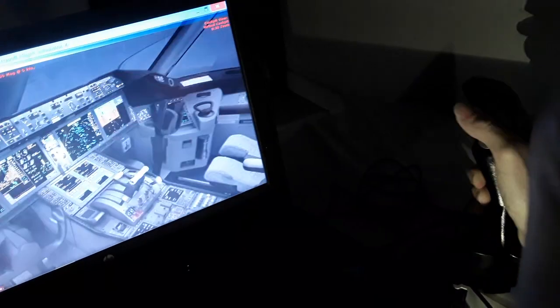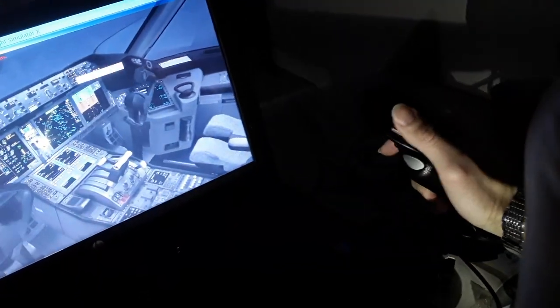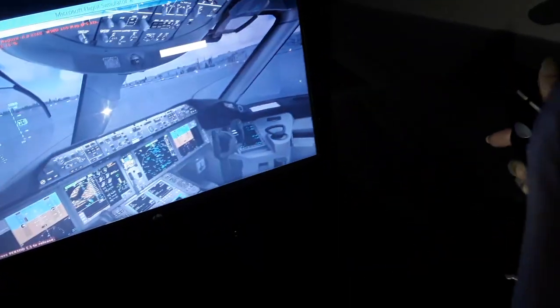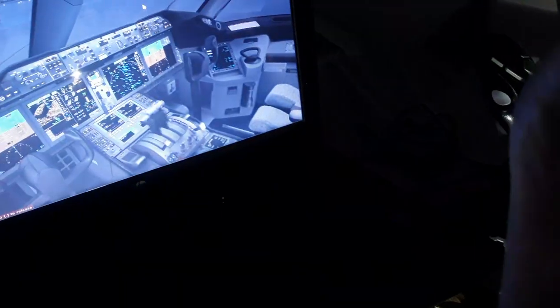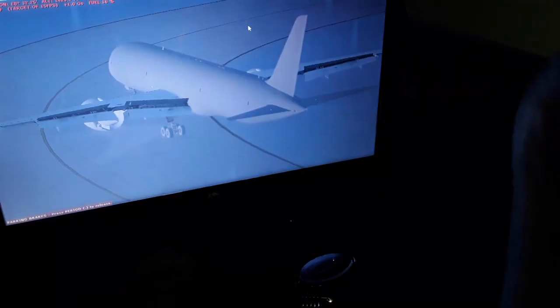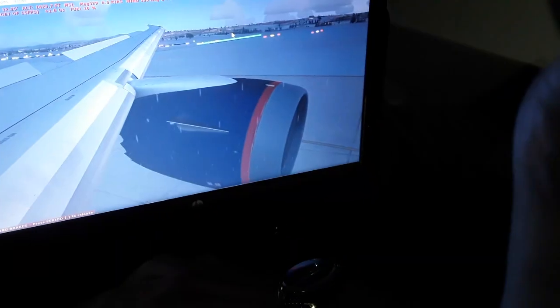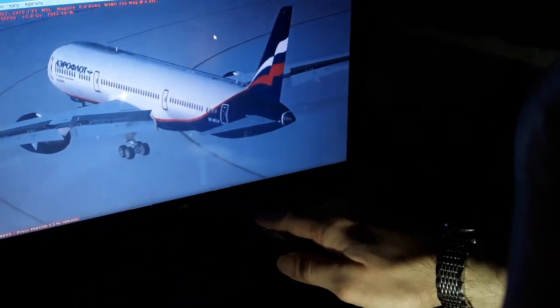So all flight controls together, coordinated flight like this. Also the thrust levers over here, we use the thrust, and we have the horizontal trim stabilizer. So this is what we need to know. I will show